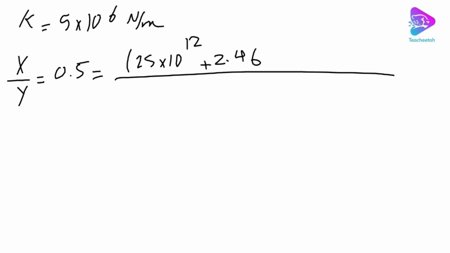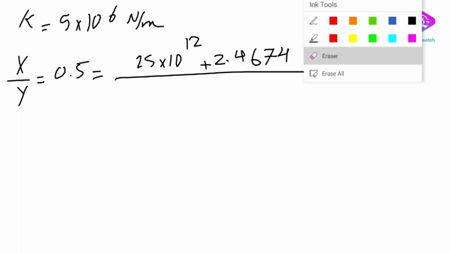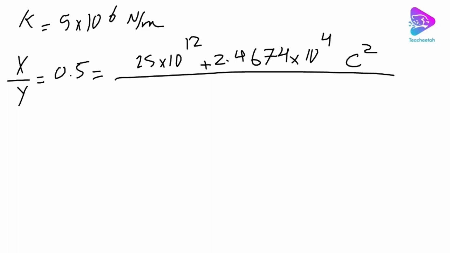These are just calculations, and I'm sure you can do it even better than me. We don't actually need this bracket, so I'm just going to delete them all. And in the denominator we have